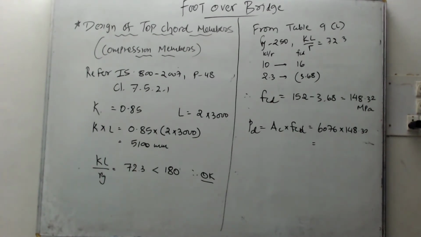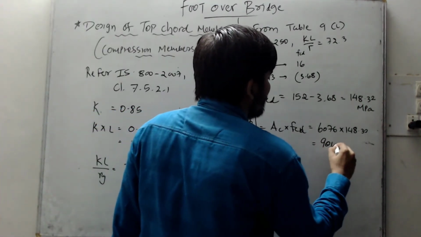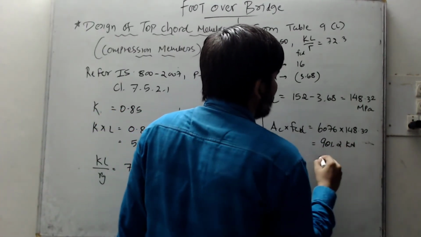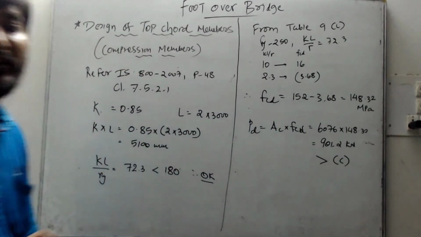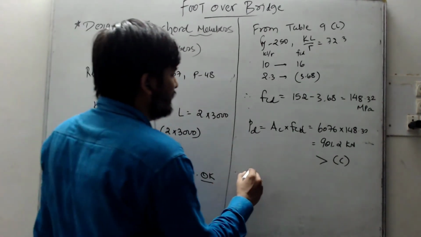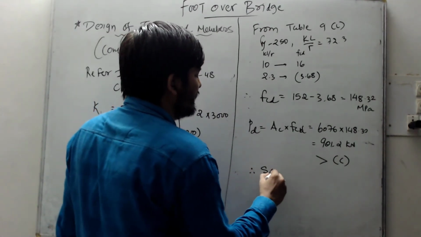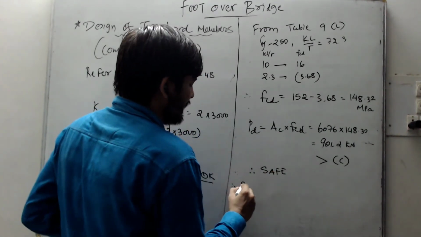So I am getting this as 901.2 kilonewton, which is greater than the actual compression force acting due to the loading, which is 638.4 kilonewton. Therefore the section is safe and therefore provide